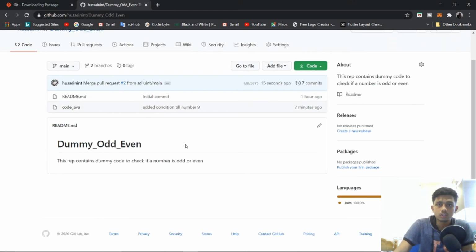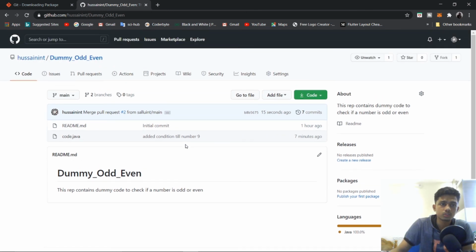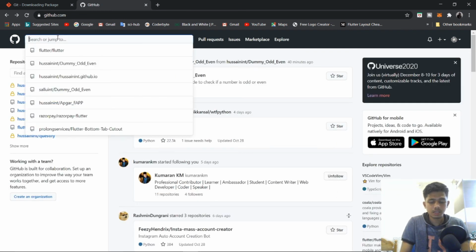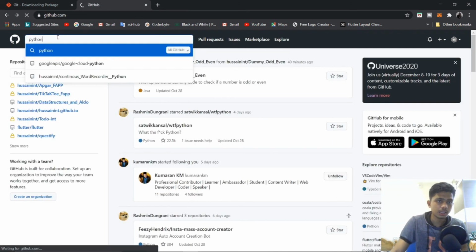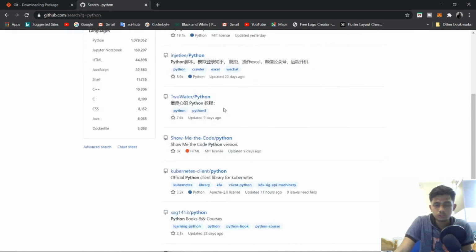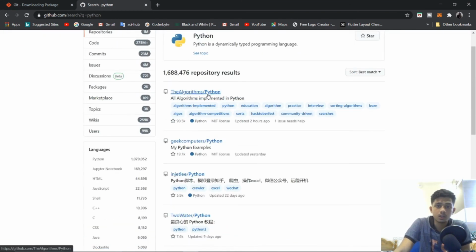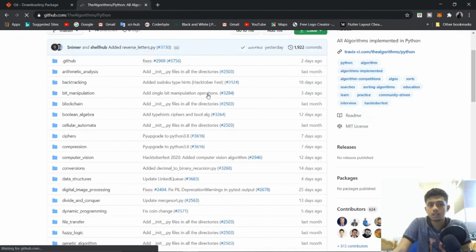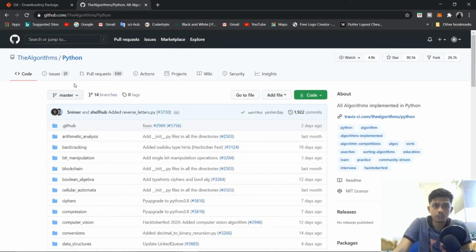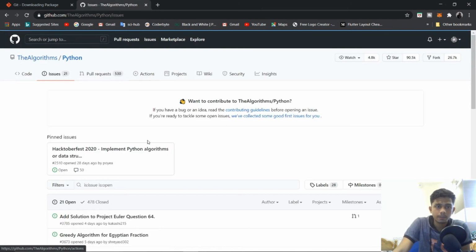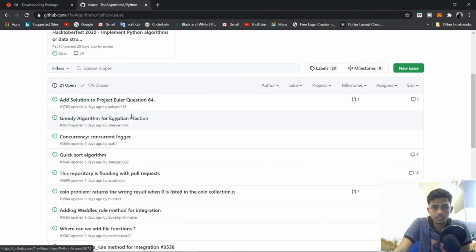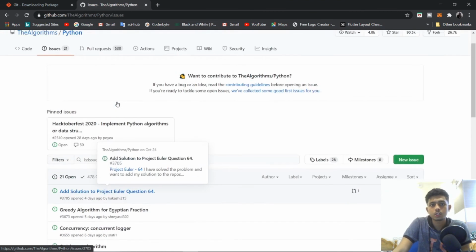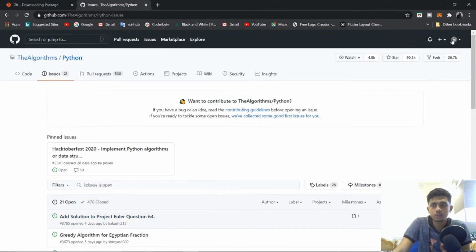So that was open source contribution, guys. Now Salu int has contributed to Hussein int. So that is an open source contribution. Likewise, we have open source repositories like, let's say, Python. So there are so many repositories. You can click on any of these, you can fork it, you can make changes, you can solve the issues. There's an issues section here. You can solve these errors and you could merge this. You will get credits. It will be shown in your profile.